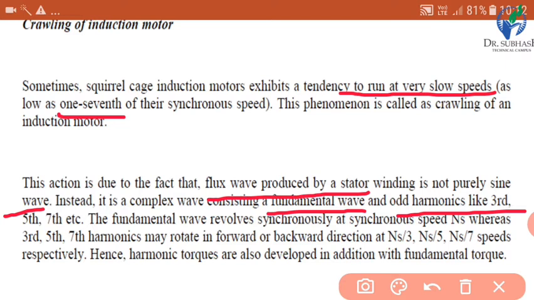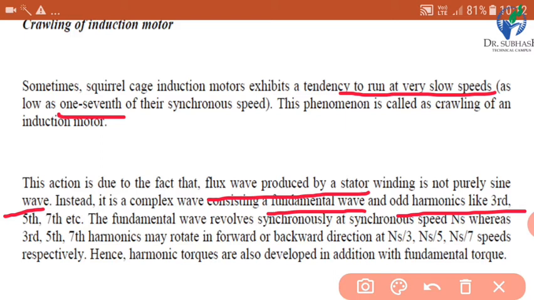This is the definition, and it is true for the nth harmonic. It means if we define the nth harmonic, its frequency will be n times the fundamental frequency, and its amplitude will be the fundamental amplitude divided by n. It means it is division. So this way we can define the harmonics.